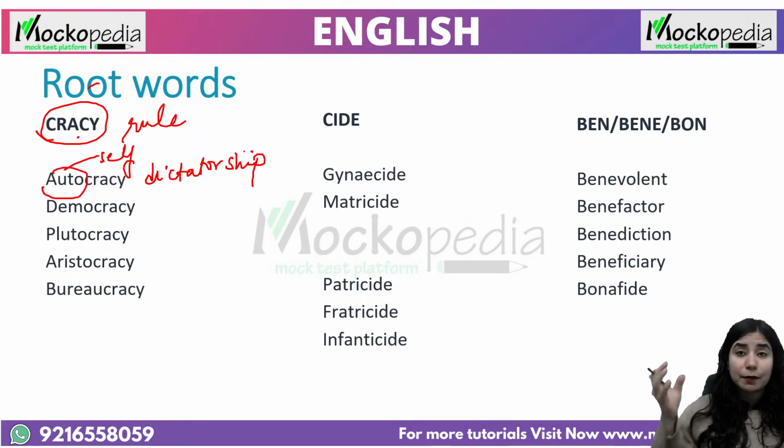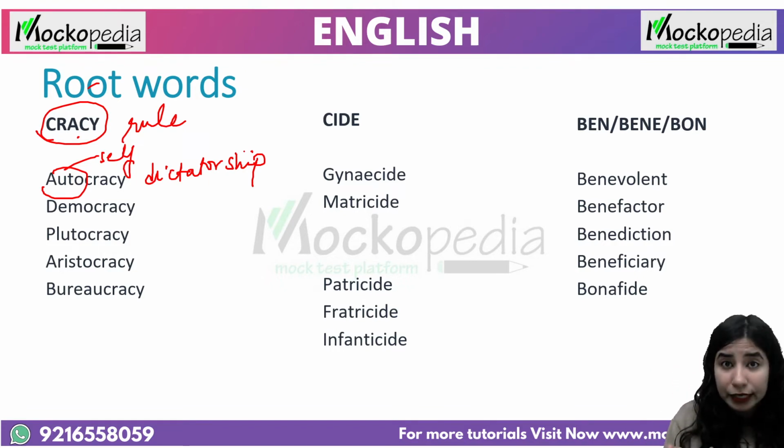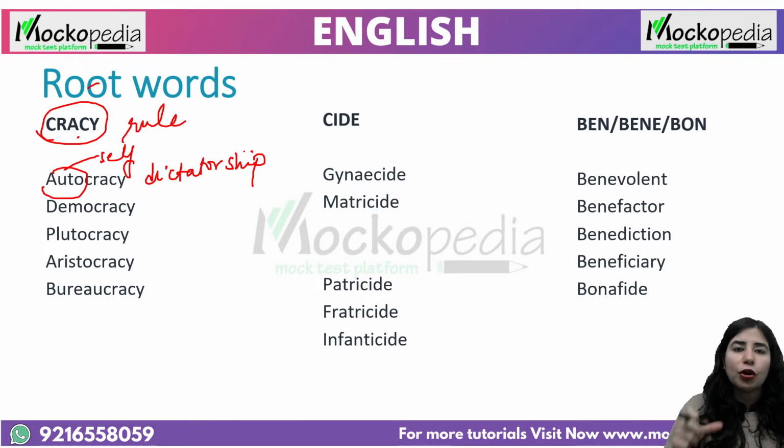So this is autocracy. Now auto is another root. Automatic, right? My car has the automatic start. That's what we mean by auto. You must have seen automation, automatic, autonomous. So what is an autonomous university? One that is working and functioning as an individual without any control by an external force. That's autonomous. So we have learned autocracy, we have learned autonomous, and if you want, you can add automatic and automation also. This is how we are learning a lot of words. Four already learned. Let's move to the next word.